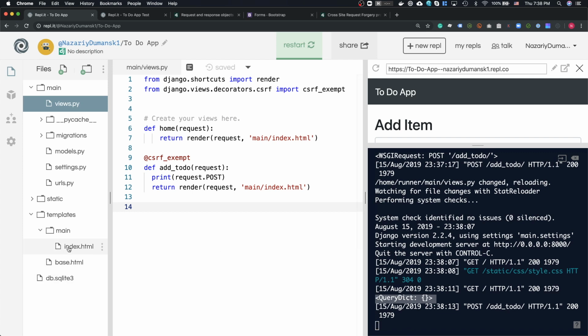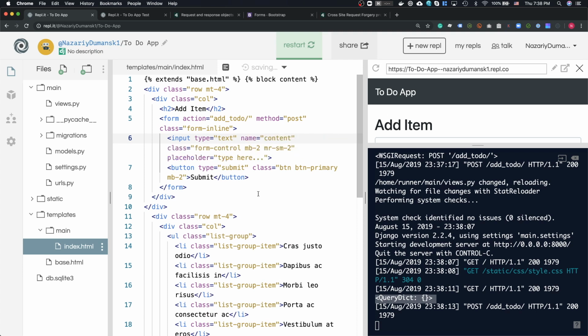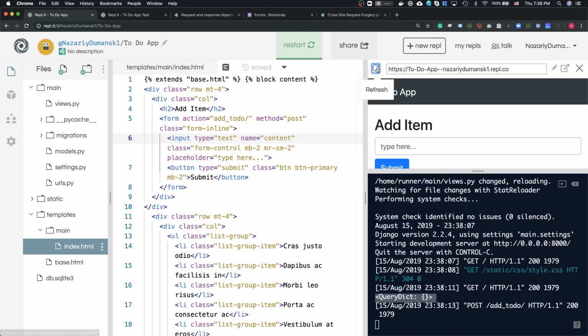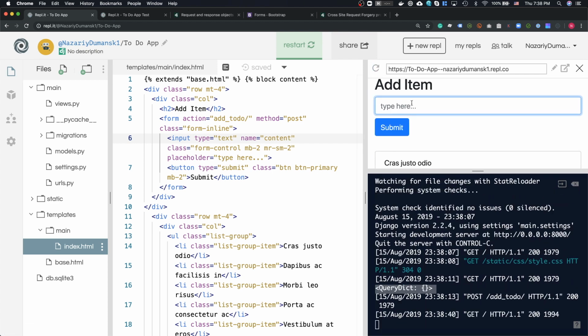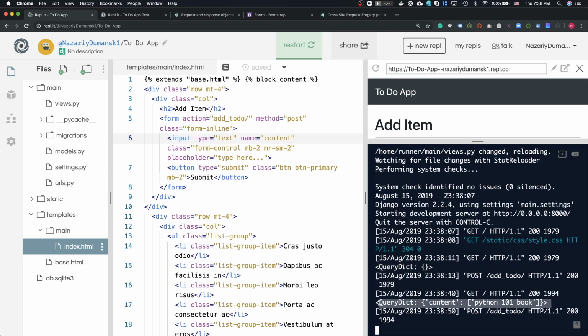Well, let's take a look at it. In order for it to post something, every input has to have a name. To have a value, you have to have a name attribute. So in this case, the name attribute will be content. Let's refresh this again. Type in Python 101 book. Click submit, and voila,